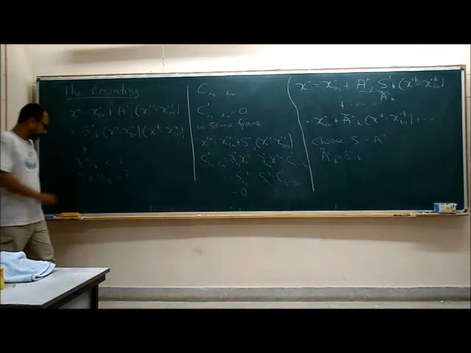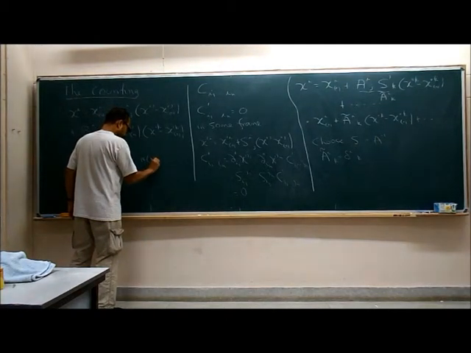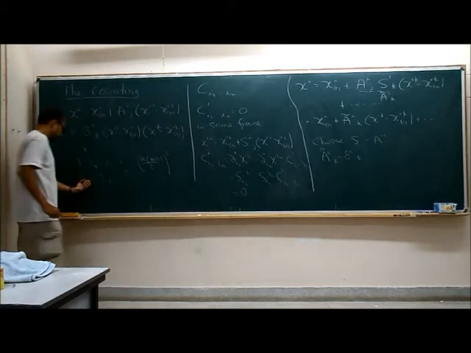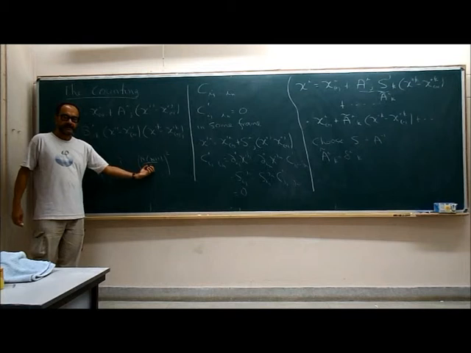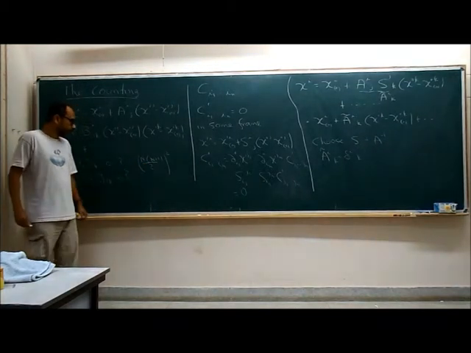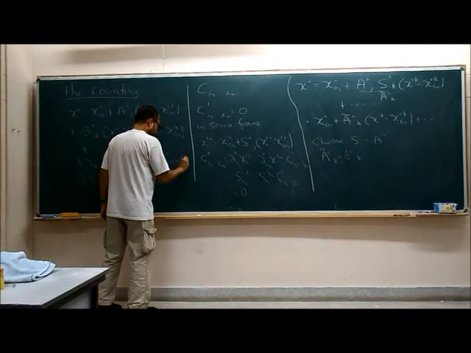Okay, because this one has n into (n+1)/2 squared parameters, right? Because this is symmetric in ij, that gives you n into (n+1)/2, and this is symmetric in ij, that gives you n into (n+1)/2. So these many conditions, if we have to set all of them to 0, we need these many conditions.